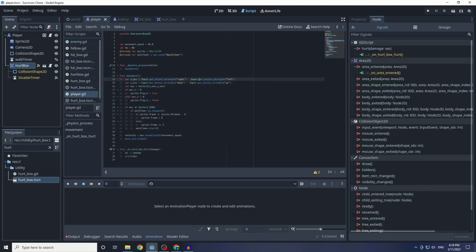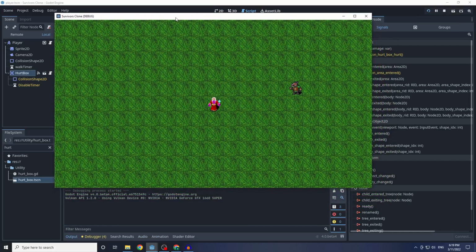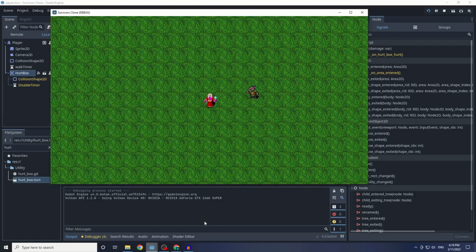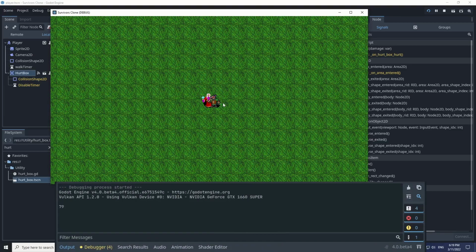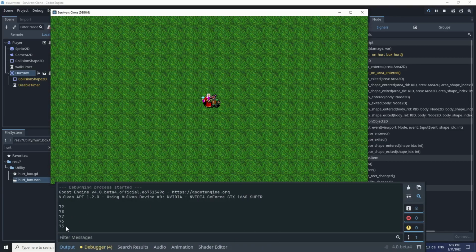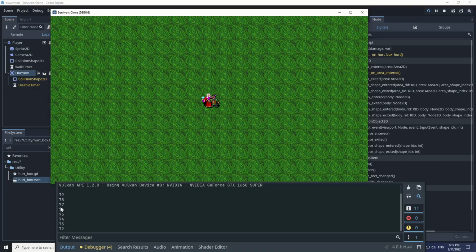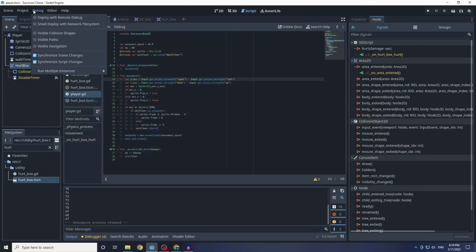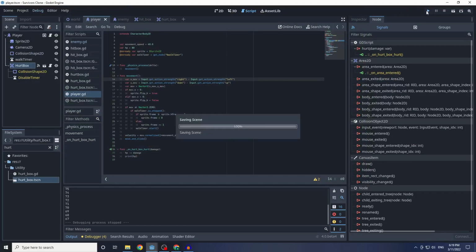And now, for this to run, we should be able to click on play. And hopefully within the script, you'll be able to start seeing some HP values. Oops, my bad. So walking towards us, and you can see right there that the player's HP is going down in values. And you can see this by clicking on visible collision shapes,